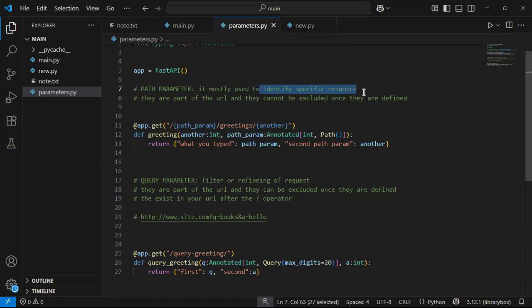A typical example where I would want to use a path parameter is, let's say I intend to get a specific detail about a specific blog. I will likely pass either the blog title or the blog ID in the URL, right? I think that way it is convenient for me, especially if it's just one piece of information. I would likely pass it via the path parameter. But in a situation where I intend to pass in any other information, not necessarily to get a specific resource, maybe something like